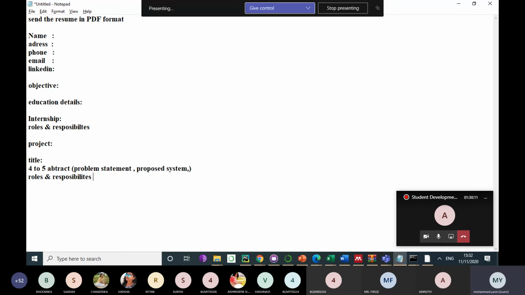And if you also write the tools and technologies used, it is even better, so that they can understand you actually have hands-on work on this. Write the tools and technologies used by you to develop these projects. So if you are trying to build a resume, these are the main things.